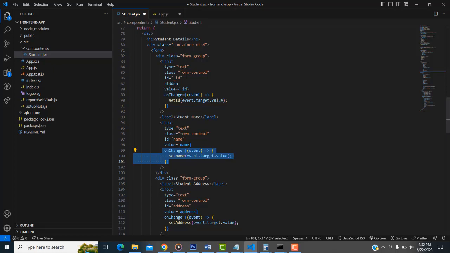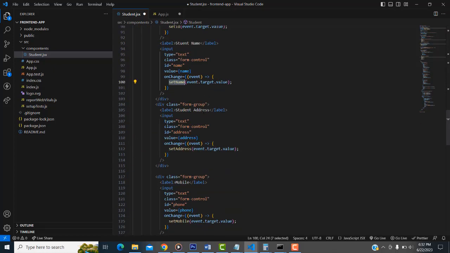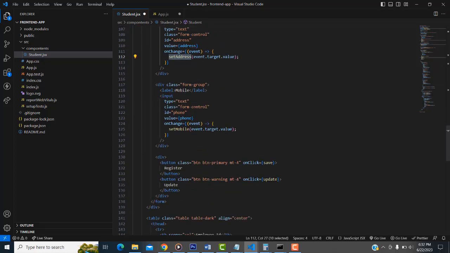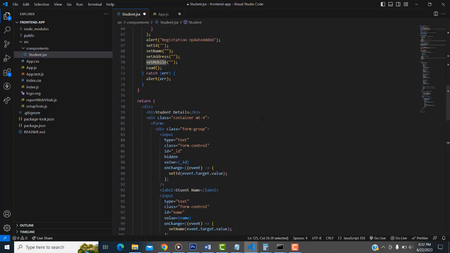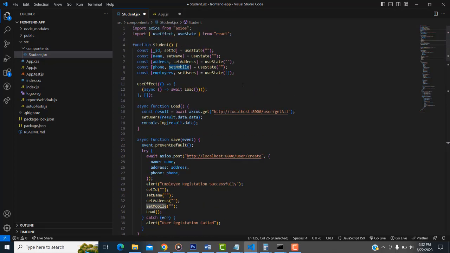it will be set into this variable, set name. The address you are typing is stored in set address. The mobile number you are typing here will be stored in the set mobile function. So here in React, in order to do the task, you can see first you have to